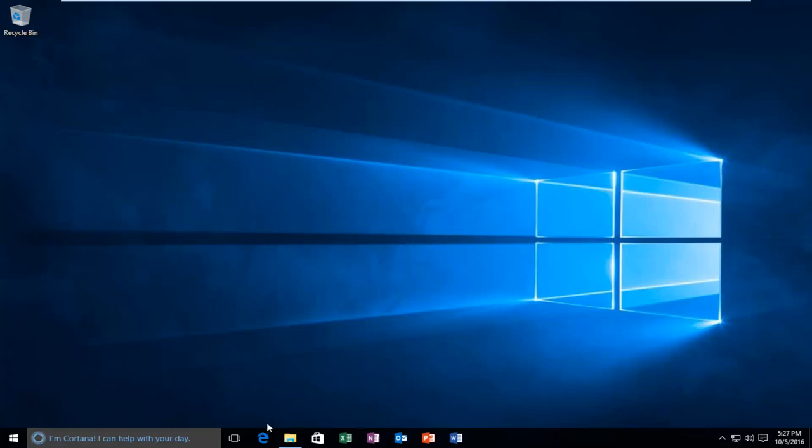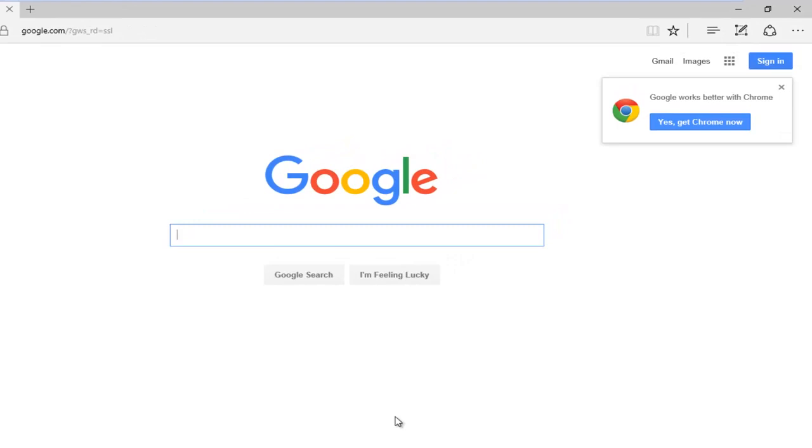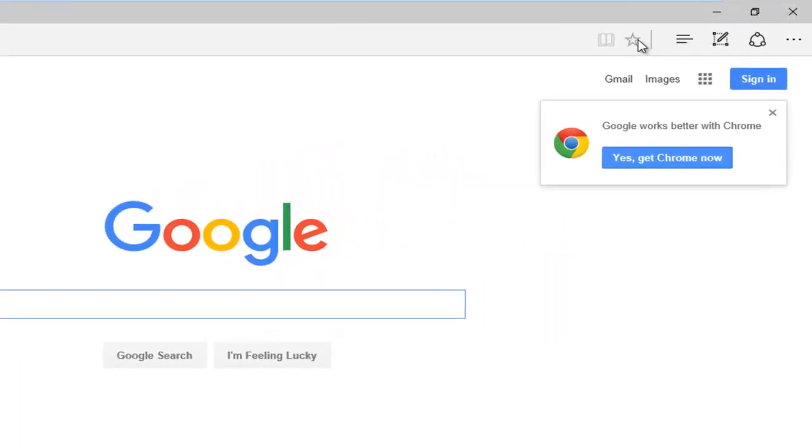So we're going to left click on Microsoft Edge to open it up. Then left click on the little hub icon up at the top. It should be right next to the star icon, and it actually will say hub if you hover over it. It'll say favorites, reading list, history, and downloads. So you want to left click on that,